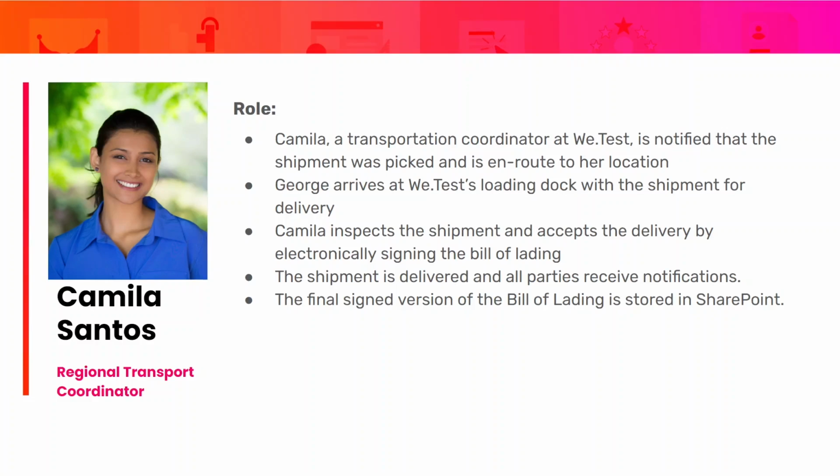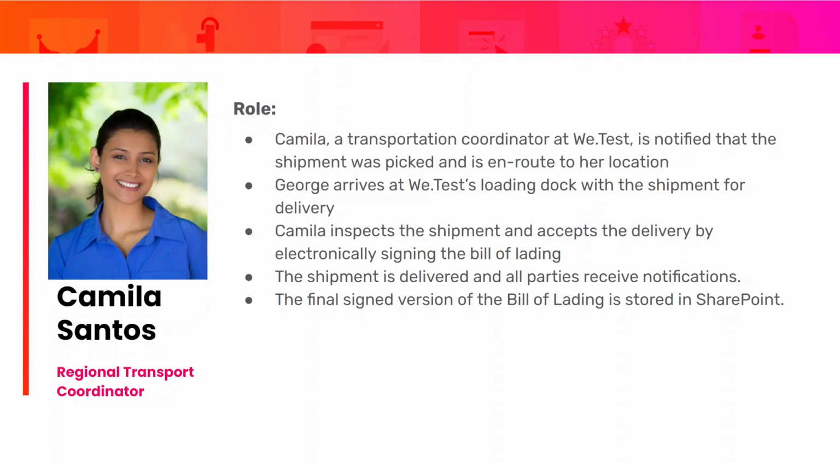Camilla, a receiver at WeTest, will receive notification that a shipment has been picked up and is en route to her location. When George arrives at WeTest, Camilla inspects the shipment and accepts delivery. She electronically signs the bill of lading. The shipment is delivered and all parties receive notifications, and then a final version of the signed bill of lading